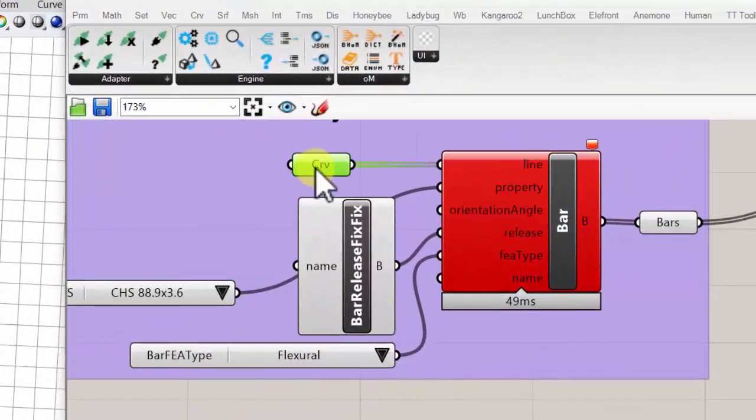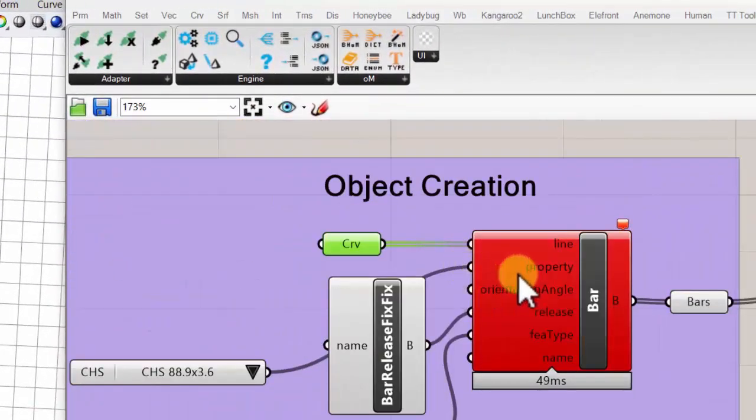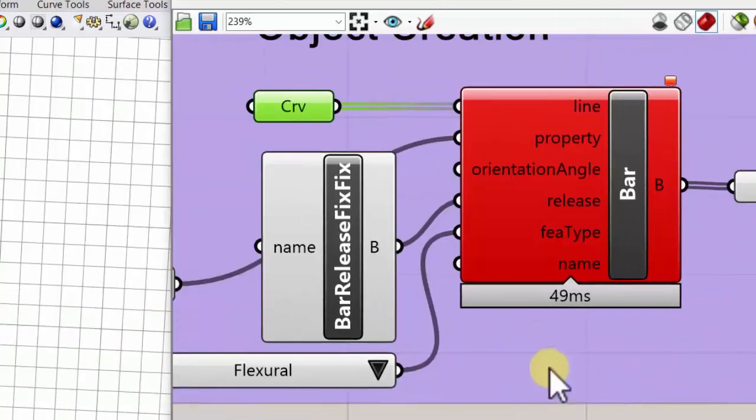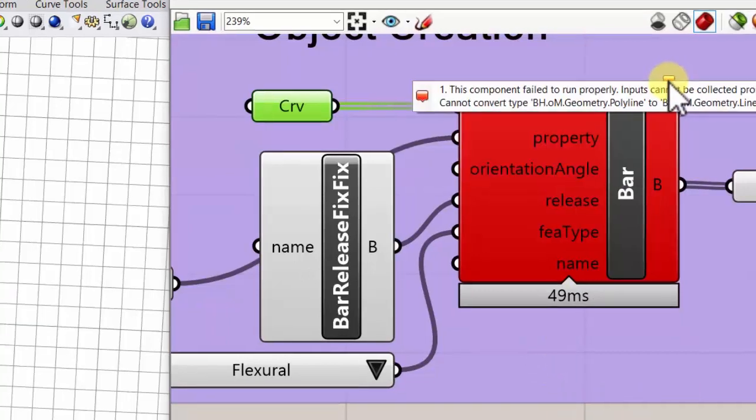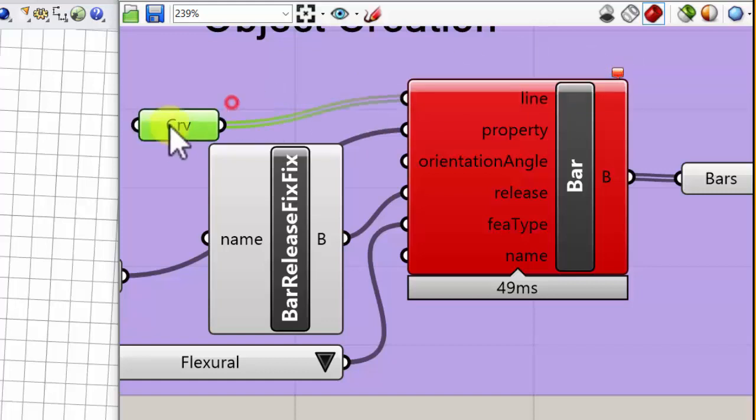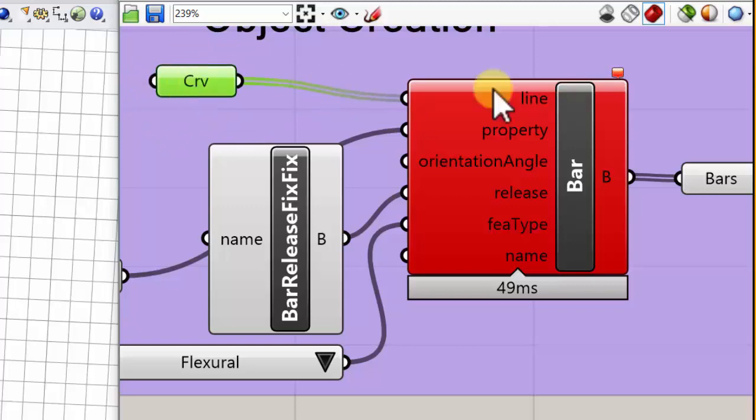and oh great, get to show you a first type of error. Your computational career is going to be filled with red components. It turns red more than it turns gray, let me tell you that. And this is a classic one. Cannot convert type BH.oM.Geometry.Polyline to BH.oM.Geometry.Line. And this is fundamentally tapping into, do you really understand what the computer sees right here